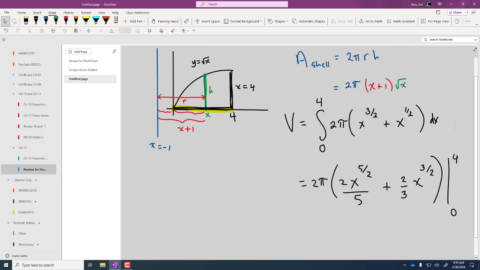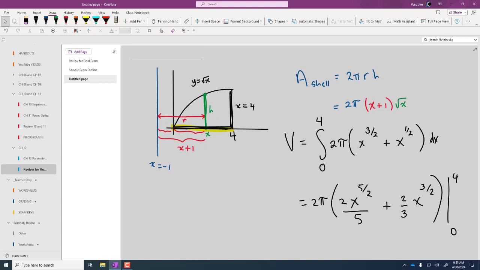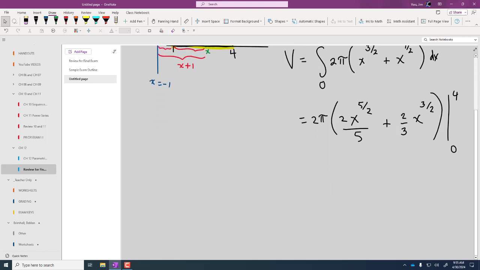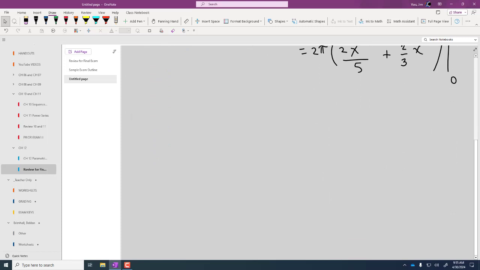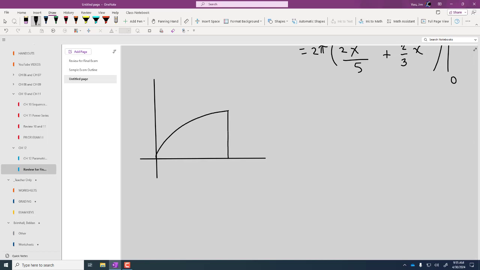All right, so any question on the concept of the R, the H, how we figure out if it's dx or dy? Same question, but if we were rotating around the x, we'd have to find a y value. So if we did the same exact one and we're rotating around x, so if we do this type of thing, that again is 4, this again is square root of x. If we rotate around this axis,